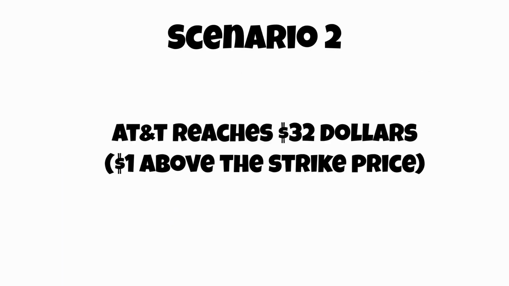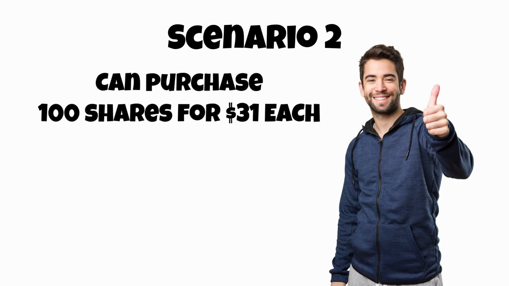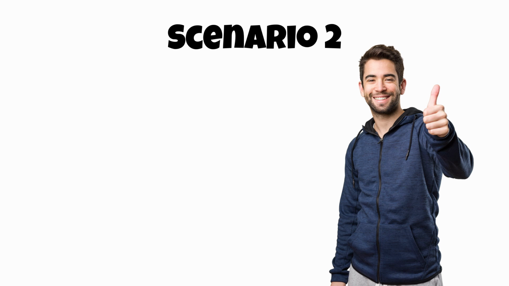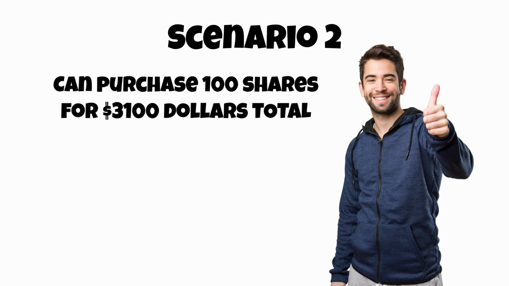Now let's look at a different scenario in which AT&T were to rise to $32 by January 29th. Let's remember, Dave has the option to buy 100 shares at the price of $31 each at or before January 29th if the price is above $31. Now that the price is $32, this is beneficial to Dave